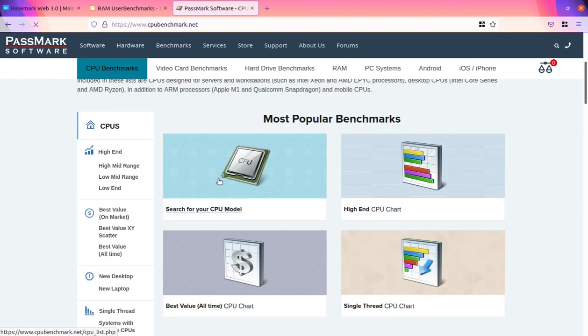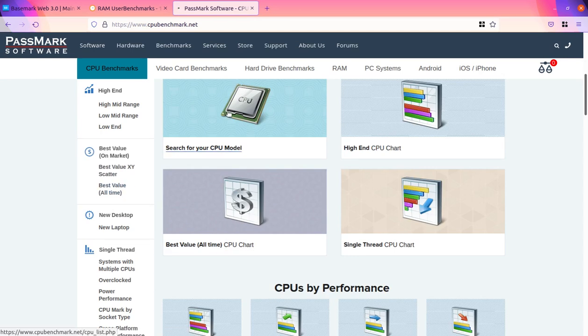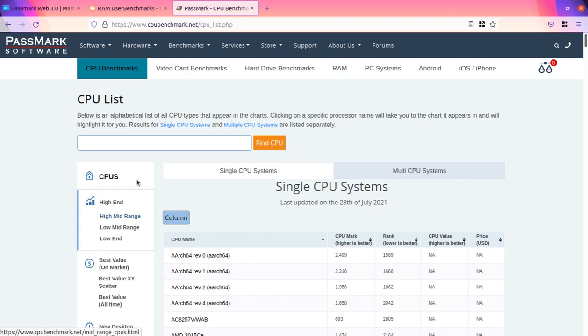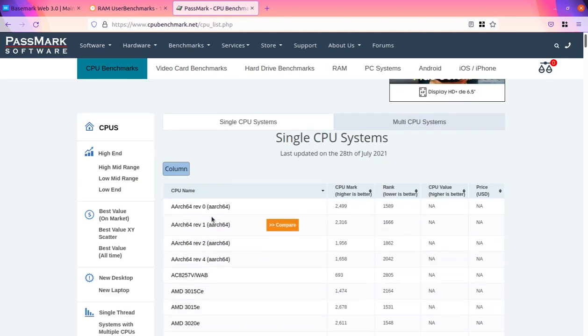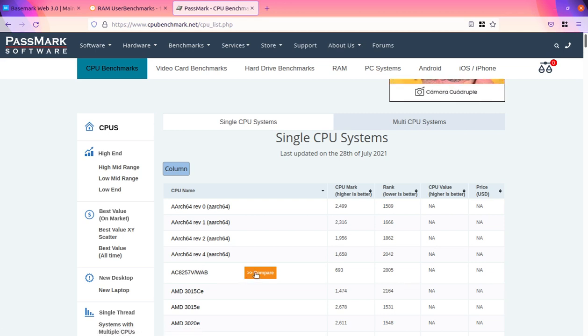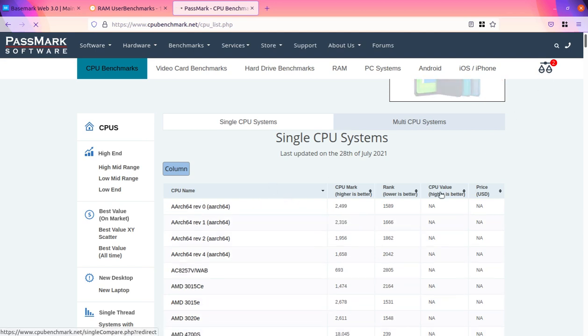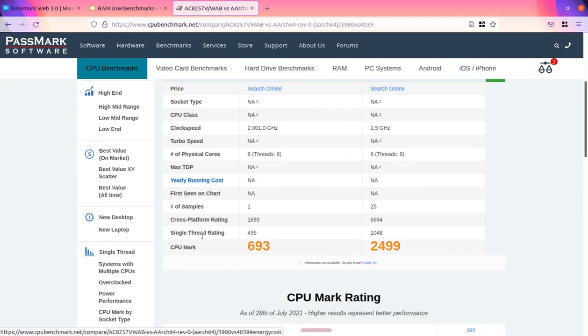So search for a CPU model, high-end CPU check, and you can check the CPU model for comparing different CPUs. So you can have a compare option like this, and this is also a very wonderful website for comparing and making your decision easier for you.